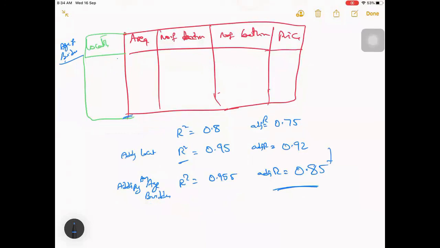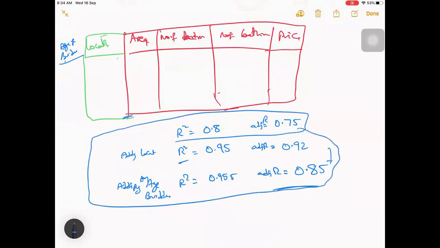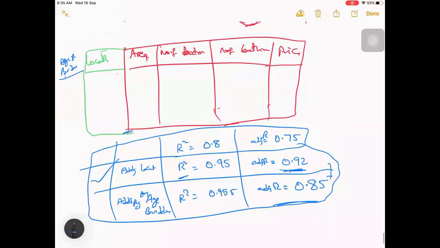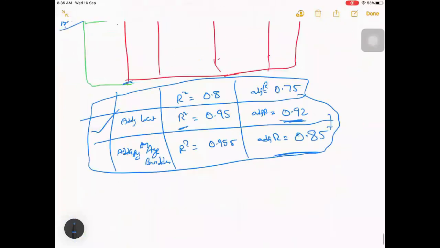So let's say we have one model created with this, a second model with this, and a third model with this. Which one would you take? The one which has the better adjusted R square value. Mostly we won't be considering R square at all, mostly we'll be looking at adjusted R square. These things will be readily implemented, you don't have to worry; we just have to check these metrics and finally reach a conclusion on which model to choose. Okay, this is about R square and adjusted R square.